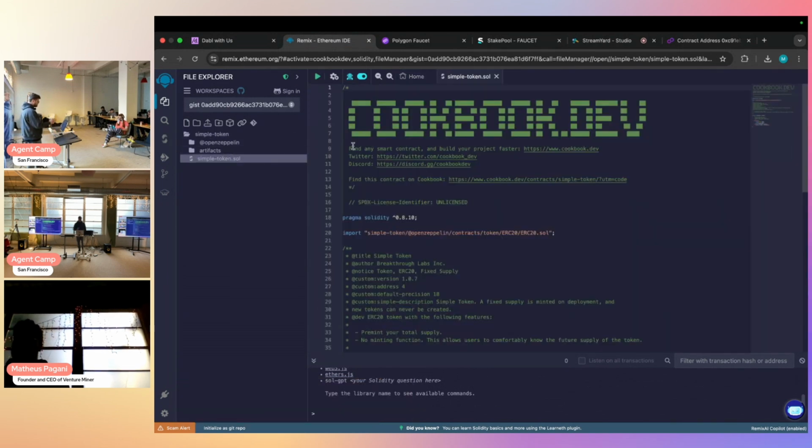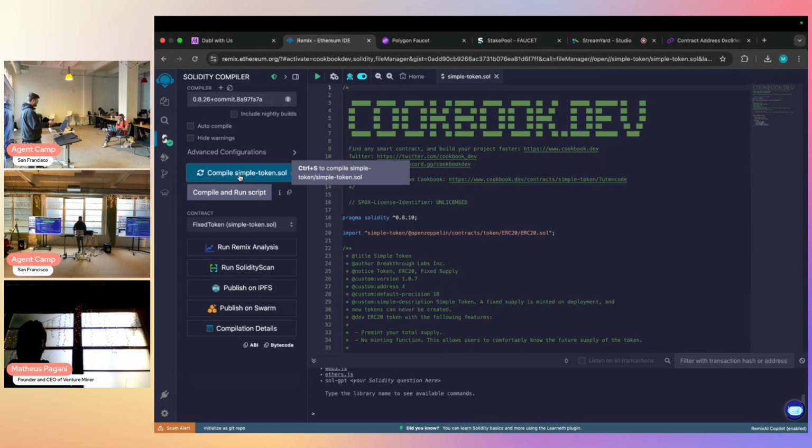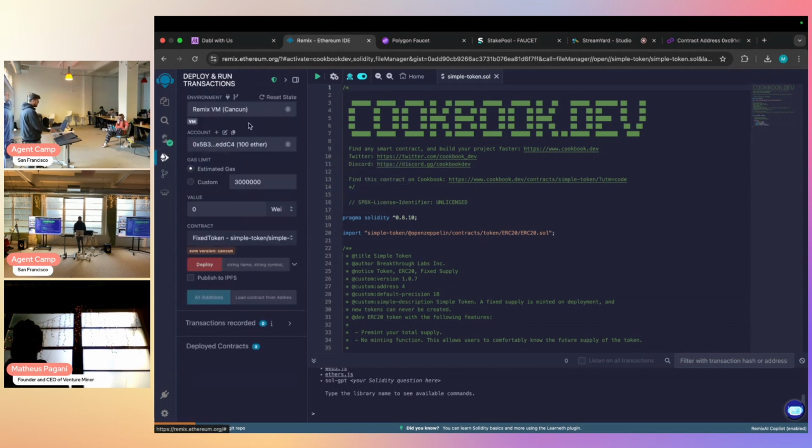So in our file tab, we can see that the simple token was ported over to Remix. The deployment flow is relatively similar to the playground, where we go to the Solidity compiler, we compile our code, we see it's compiled successfully, and now we can select our environment. In this case, MetaMask is our injected provider, our wallet provider, and the network is set to Polygon Amoy, so we can see our chain ID here.